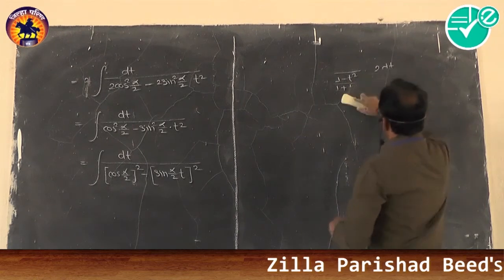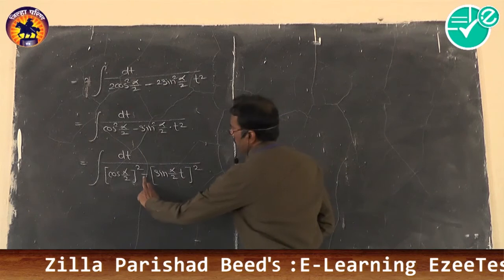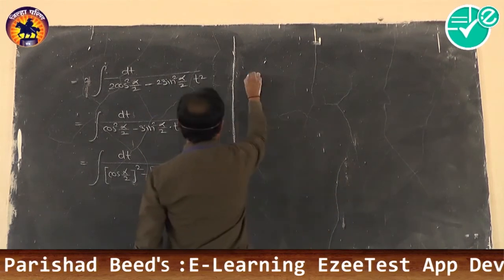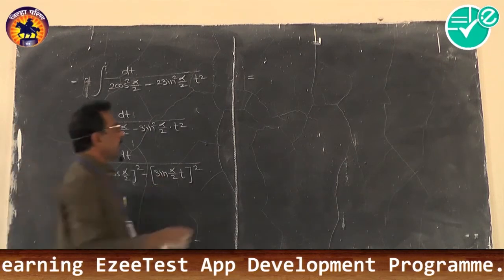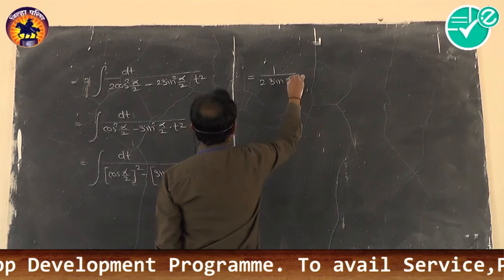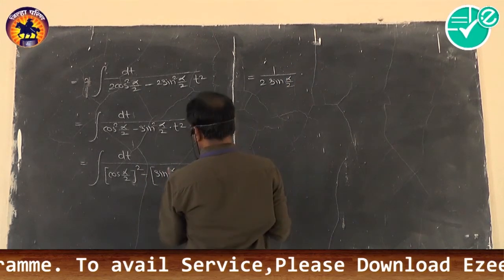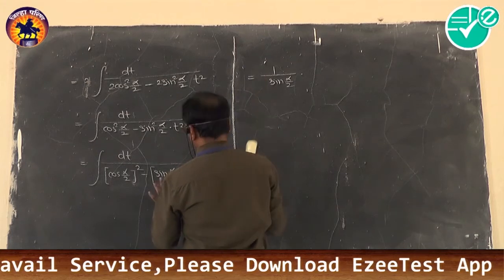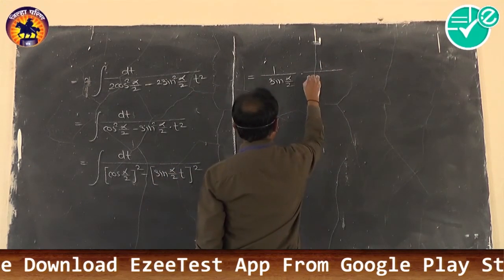Now this problem is without square root, so the answer is either 1 by a tan inverse or 1 by 2a. The minus sign indicates the answer is 1 by 2a, but before 1 by 2a, the coefficient of the variable term is sin alpha by 2, so it is your duty to write here 1 by 2a, where a means sin alpha by 2. Actually it is 1 upon sin alpha by 2, and into that, the formula 1 by 2a,